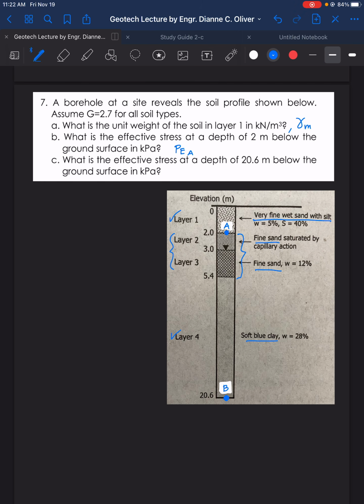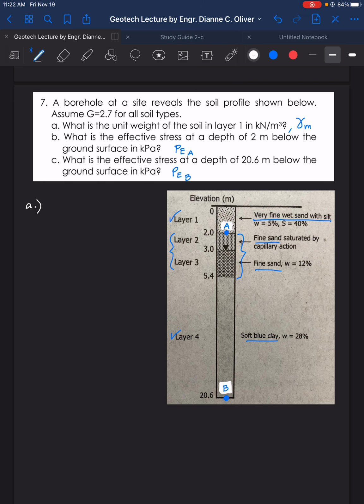Point B. Okay? So, P effective B. Okay, so let's solve for soil 1 first. For soil 1,